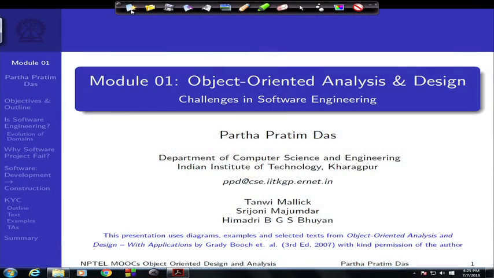Welcome to the MOOCs course on object oriented analysis and design. This is module 1. Here we will start by setting the background and creating the motivation for why it is required to study and understand object orientation. How does it play with analysis of real life problems and how it can be effectively used in design of